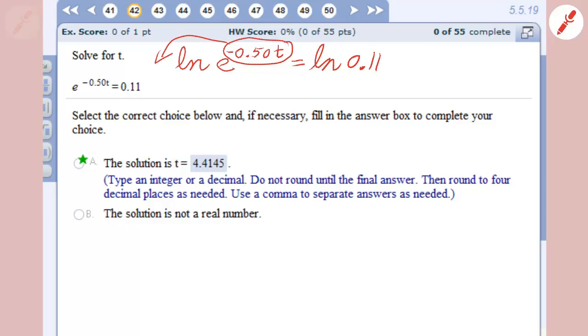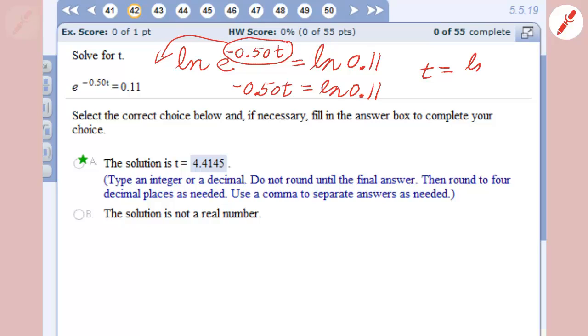And we know what the ln of e is. It's 1. So that means I'll have negative 0.50t times 1, which is negative 0.50t. So I'll have negative 0.50t equals the ln of 0.11, which means that t is going to equal